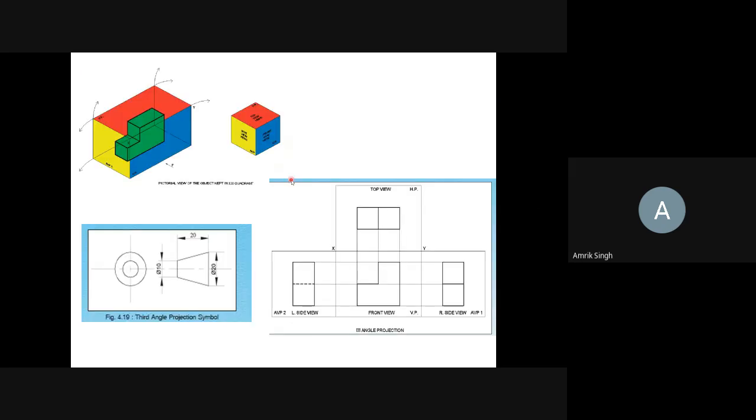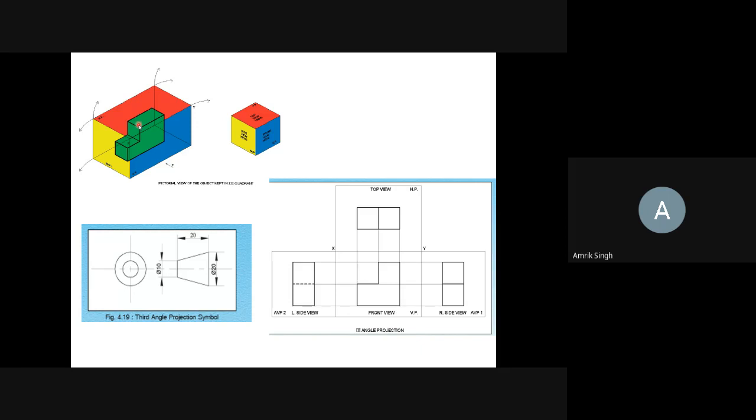So this is the third angle projection. In the third angle projection, you see it is drawn on the back side. If you see from this side, this will be the circle of 10 phi, and this circle will be of 20 phi. So this symbol we are using for the third angle projection. If you see the object in the third quadrant, you see this observer, this is the object, this is a plane, and the observer will be from this side.